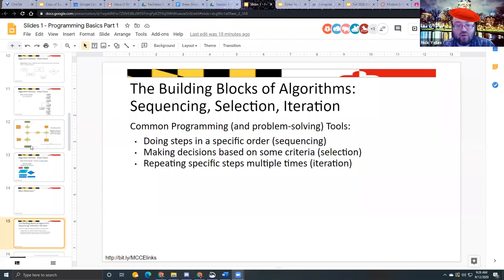Okay, so next up, we are on the main slides. We're going to connect this to the building blocks of programming. Those flowcharts, you saw already some of these things. What we call sequencing, selection, and iteration